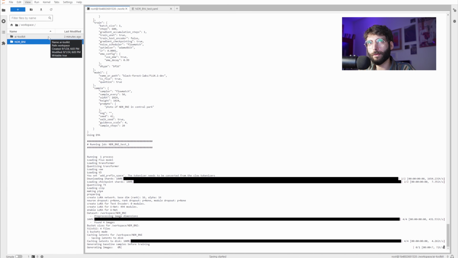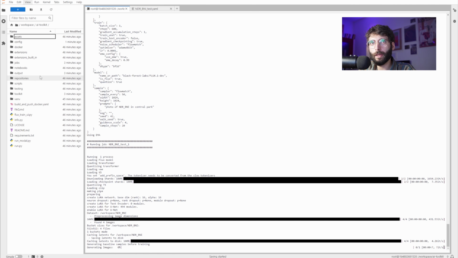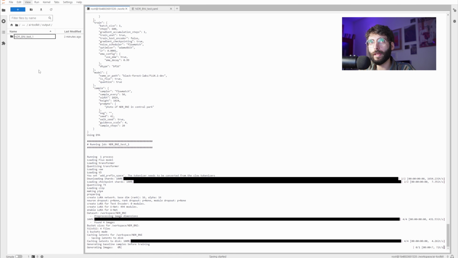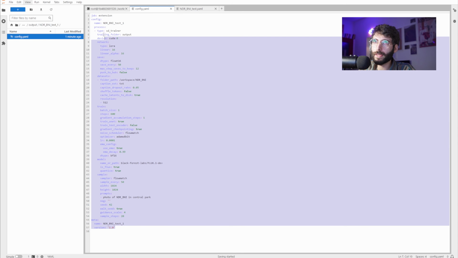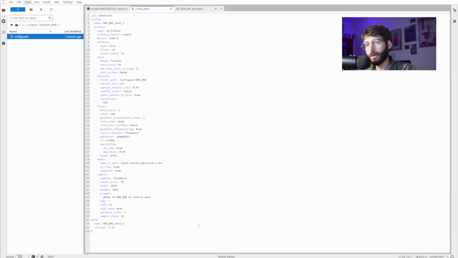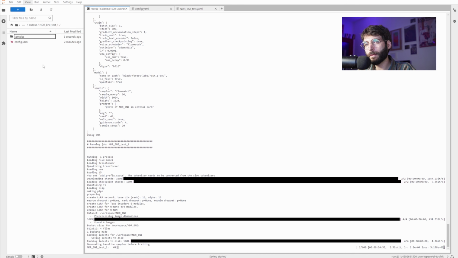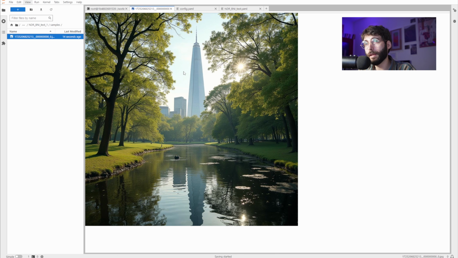If we go over to the AI-Toolkit folder, and the output folder, we will see that the ndr_bni_test_1 folder has been created. If we double click on that, we will see a config.yaml file, and that's going to hold all of the settings that we used for this particular training, and that's useful for remembering what actually happened. And when the first generated image is done generating, we will see a samples folder with our baseline image. Of course,